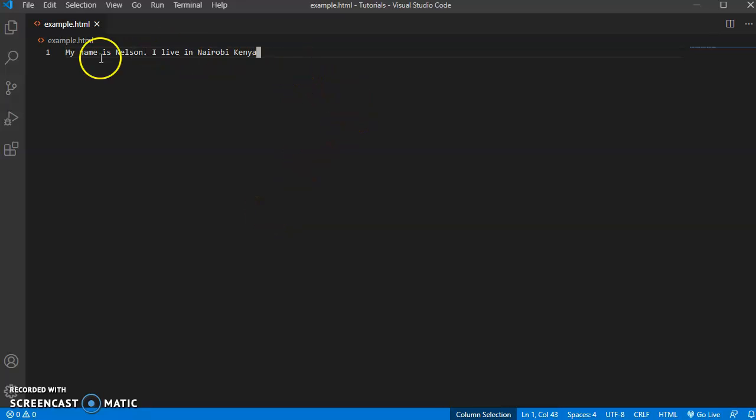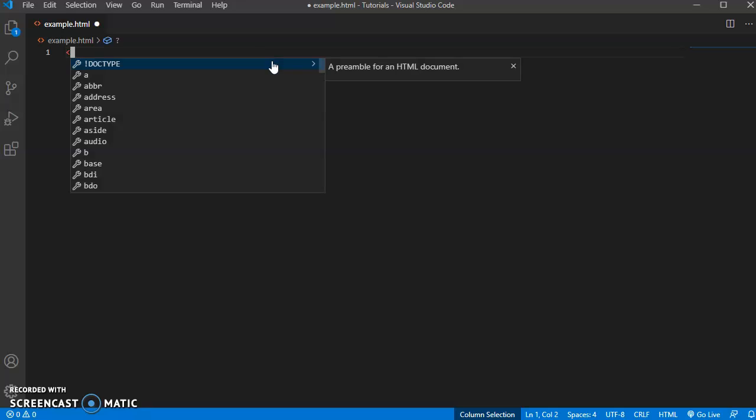Last week we had checked this. We did not write a thing. So today we are going to write all the fundamental tags that you need, or the things that you need to know about HTML. And so every time you write HTML,